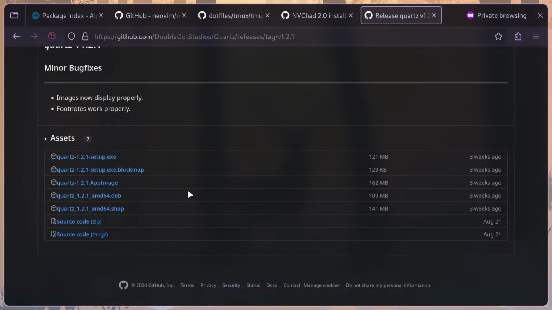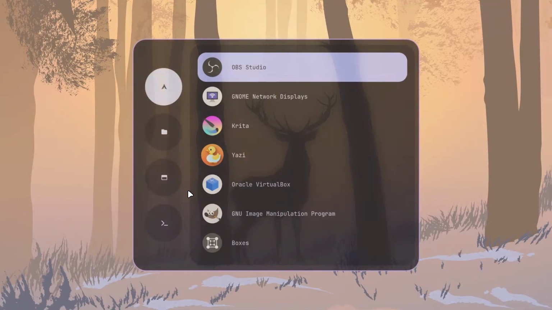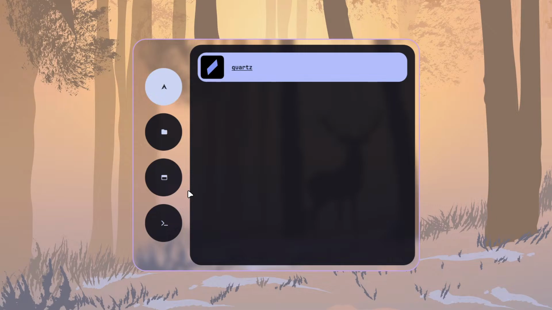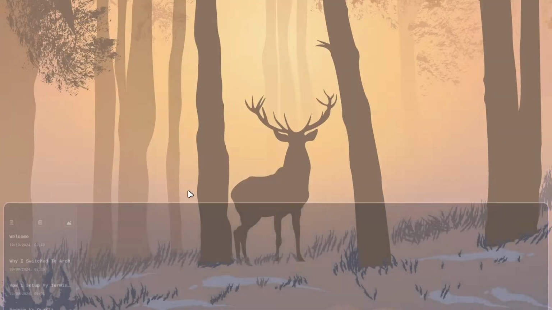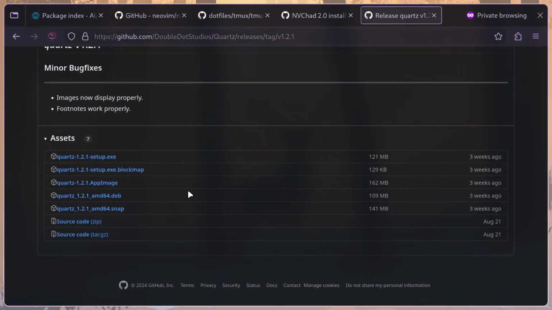So I have it set up as a desktop shortcut. And it just loads up and starts. I do want to put it on the AUR though. So you need the app image for Arch. And then you can